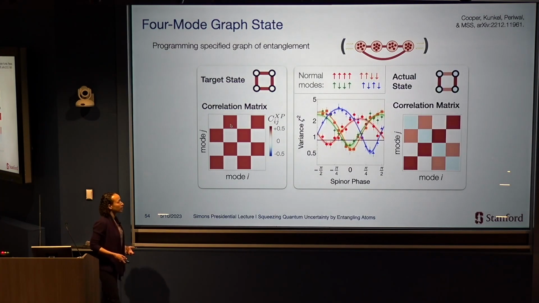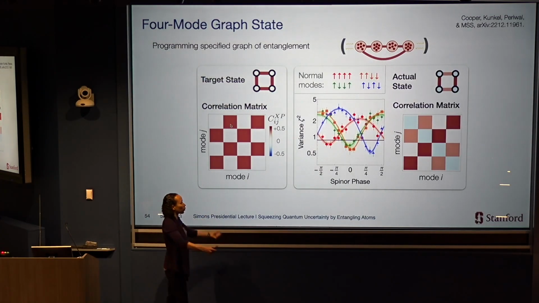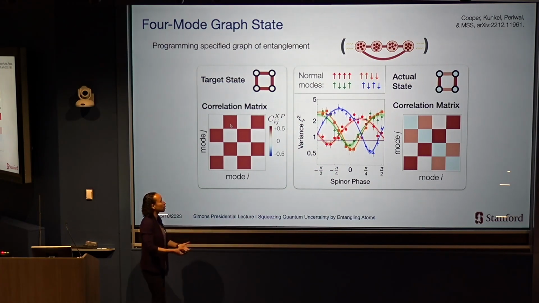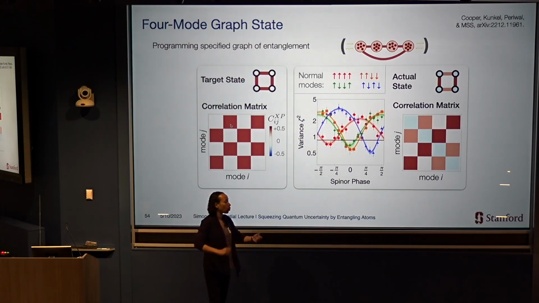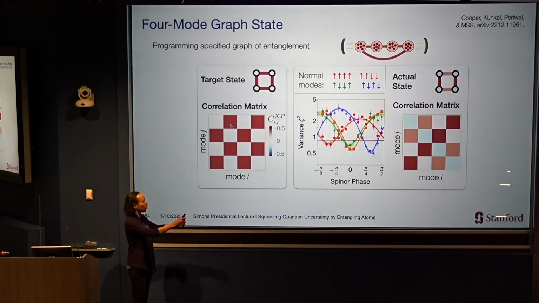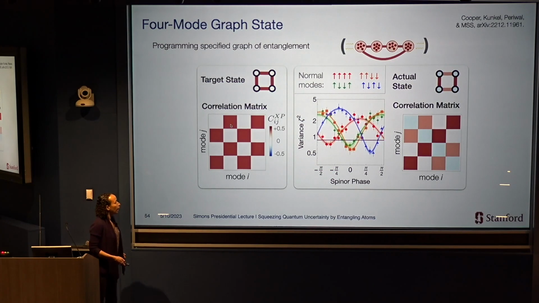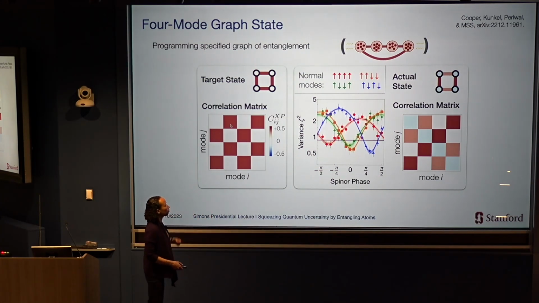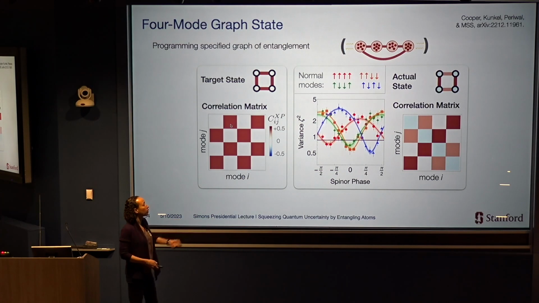And so, for example, if I want to make a square structure of entanglement, it's just a sequence of 4 squeezing operations mediated by these all-to-all interactions, interspersed with local control of the spin orientations with a laser that addresses the individual ensembles. And in this manner, we've been able to not only build up complex graphs of interactions, but also start to provably generate entanglement of a specified graph in the system.